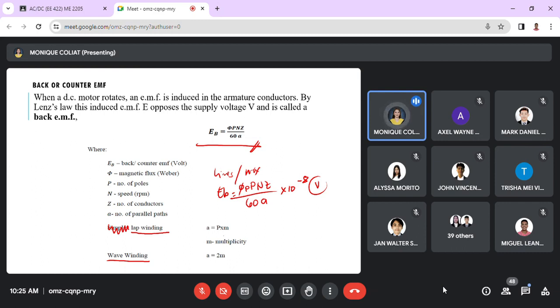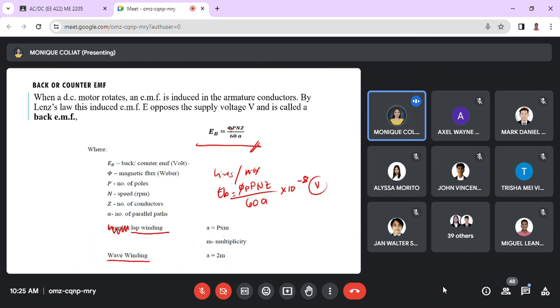Flux per pole, P and Z over 60. When a DC motor rotates, an EMF is induced in the armature conductors. By Lenz's law, this induced EMF E opposes the supply voltage V, and it is called back EMF. And to get that back EMF, we have flux per pole, P and Z over 60A,